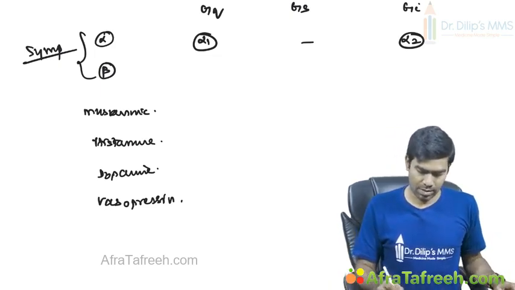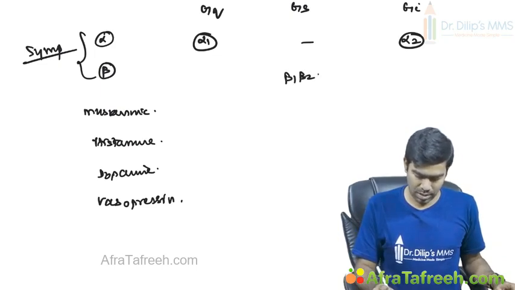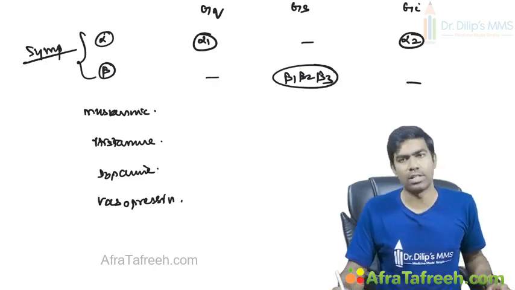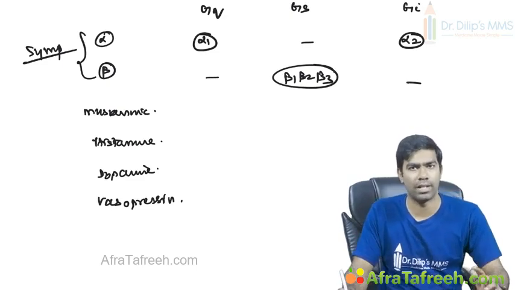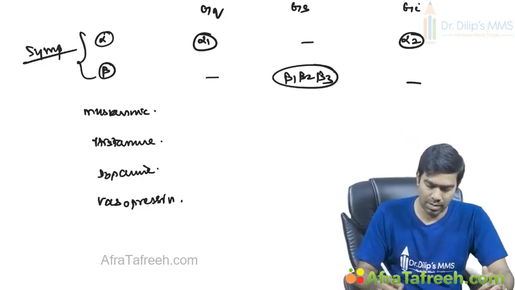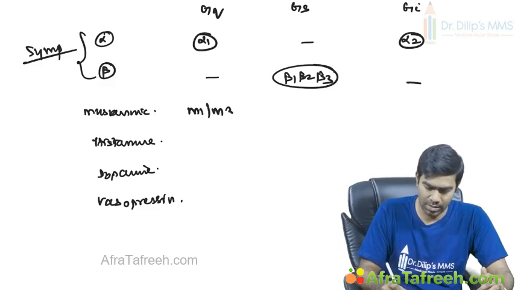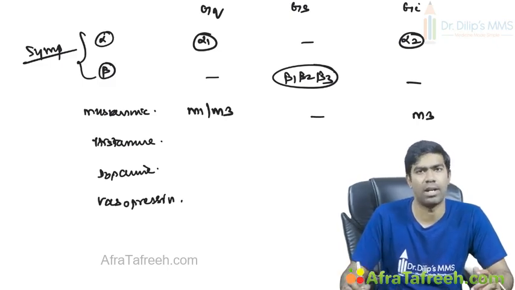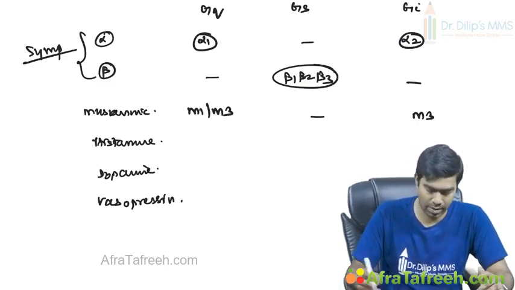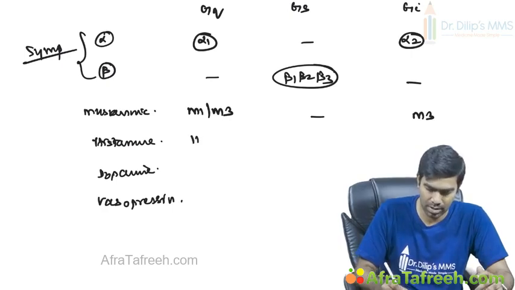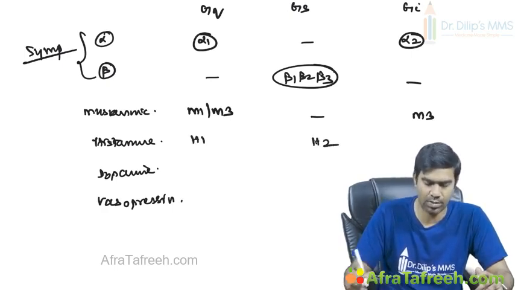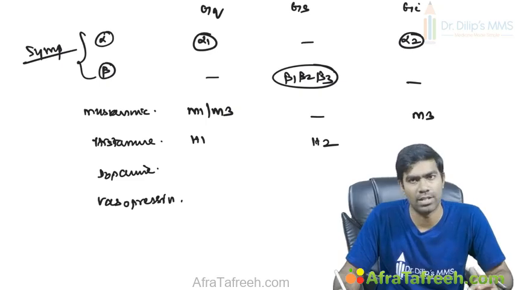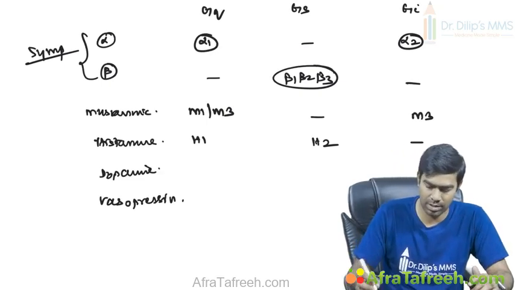Whereas beta receptors, you have beta 1, beta 2, beta 3, all these three will come under Gs, stimulatory type only, and they don't have Gq or Gi type of receptors under the beta section. And muscarinic receptors, M1 and M3 receptors are typically Gq type, and M2 receptors are typically Gi type, and Gs type again you don't have any muscarinic receptors. Histamine, H1 receptors and H2 receptors. H1 is Gq type and H2 is Gs type, but you don't have any Gi type.